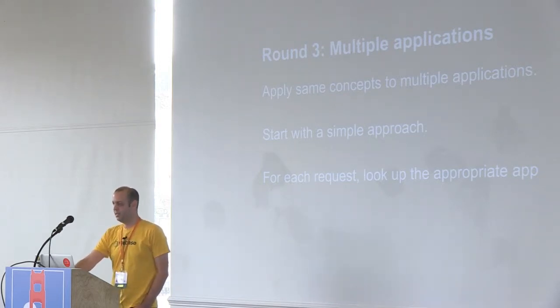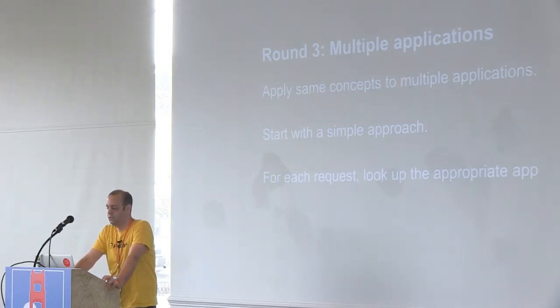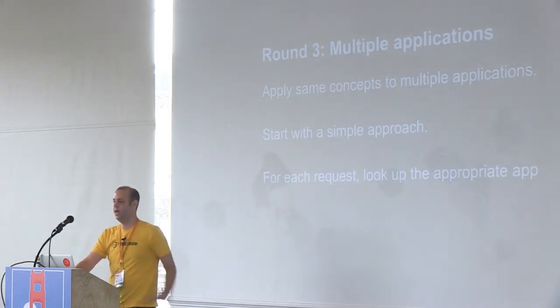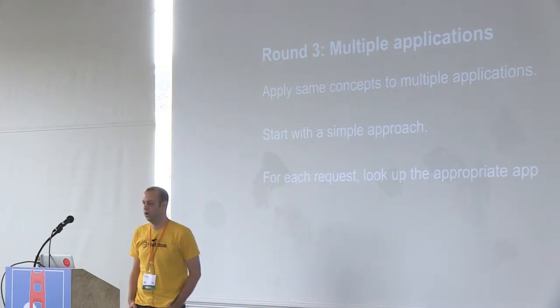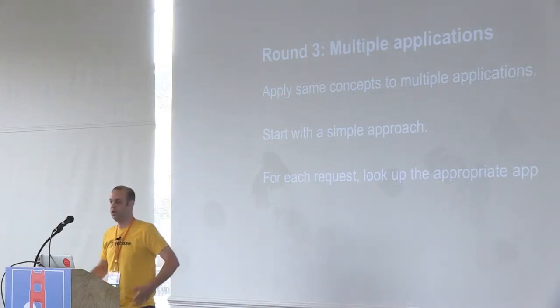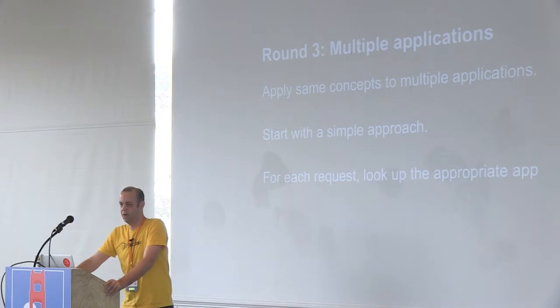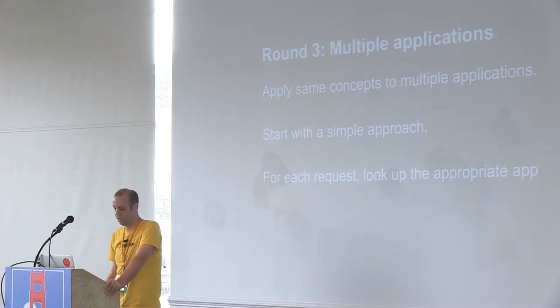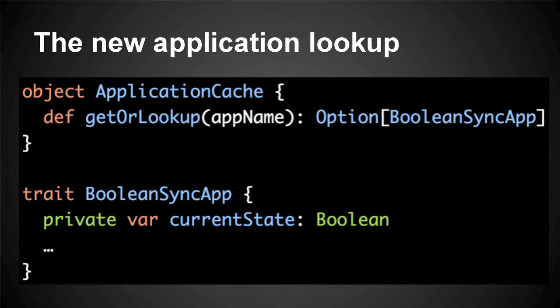And because we can kind of see where this is going, we're going to put the mapping from URLs to applications in some sort of external queryable data store so that we don't have to redeploy our cluster every time somebody wants to add a new instance of one of these applications. And here's how it might look.